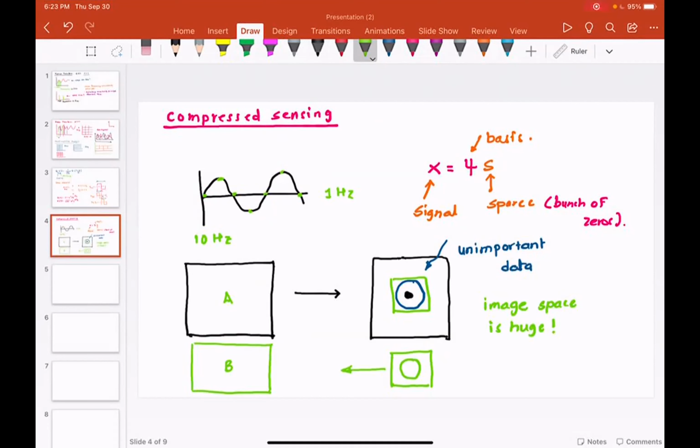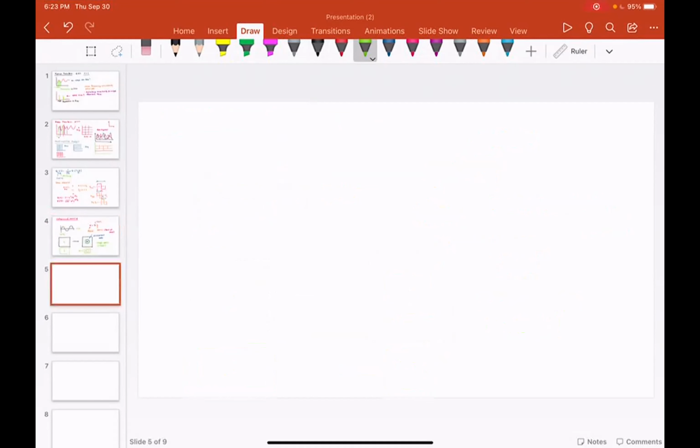So let me mathematically state the problem of compressed sensing. This may look mathematical, but I will try to give you a mathematical justification of it. The vastness of image space allows us to compress data.